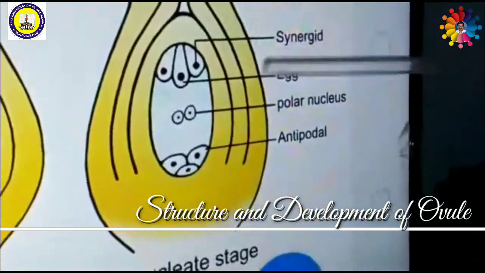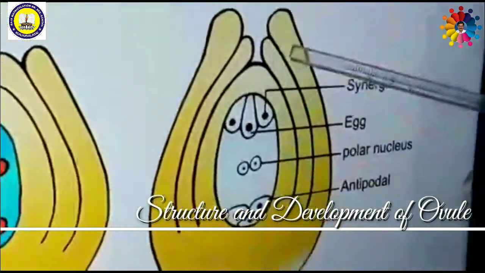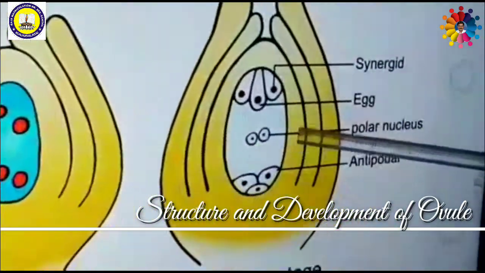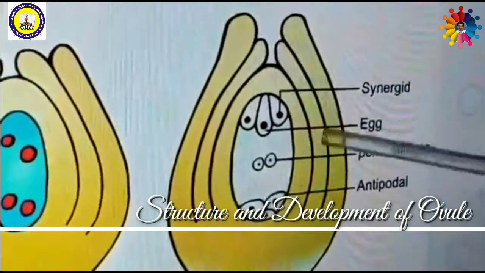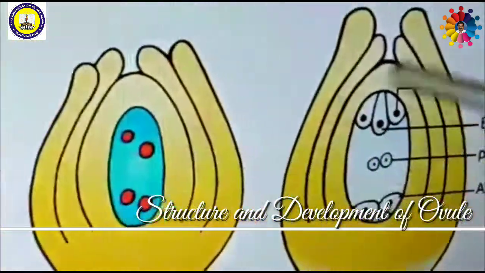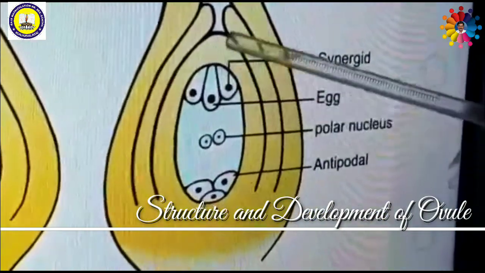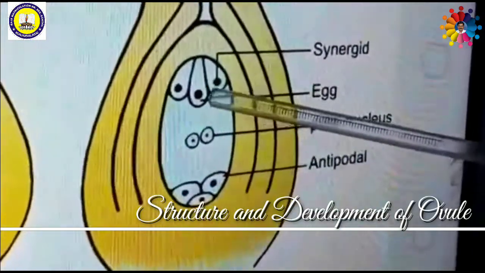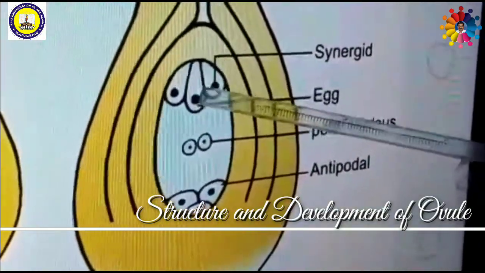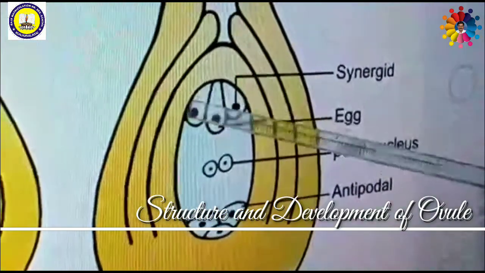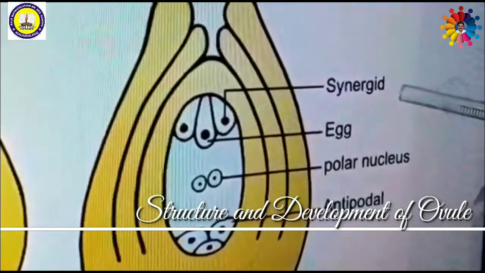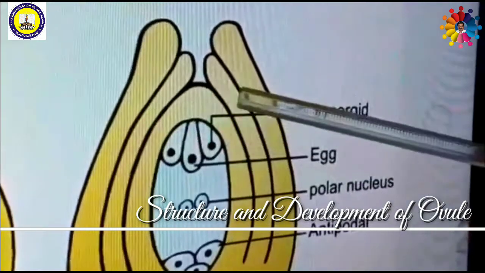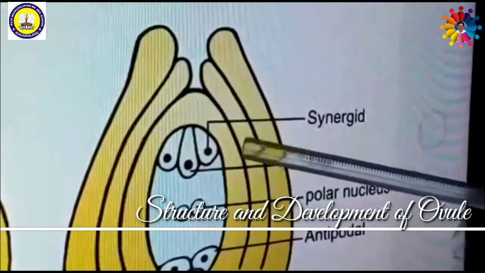At this position, this nucellus is surrounded by 2 integuments, inner integuments and outer integuments. Now see, inside the nucellus, the embryo sac is well developed. Inside the embryo sac, out of these 8 nuclei, 3 nuclei are moving towards the micropylar end. One becomes a very large nucleus, which is called the egg. This is the female gamete. Just near to the female gamete, there are 2 other cells. These are called synergids. Both the egg cell and 2 synergid cells combined together are called the egg apparatus.